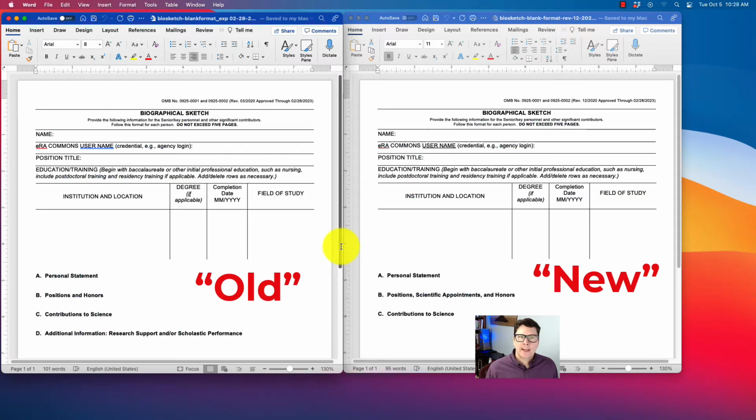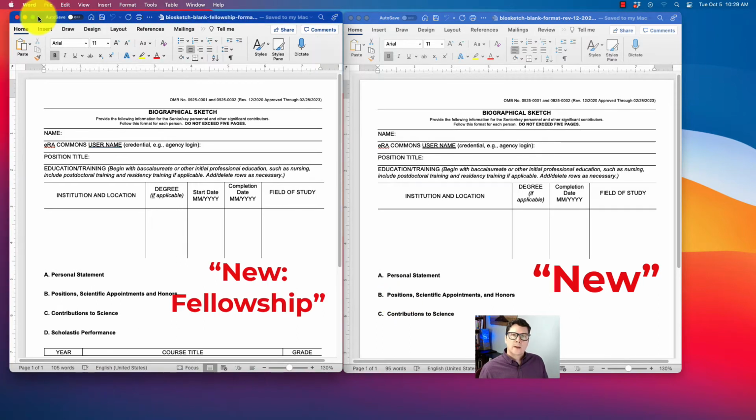So if we glance back at the overview of the old Biosketch and the new Biosketch, you can see they look mostly the same except for the number of sections that are here on the template and the name of Section B. All right, now let's compare the new version of the Fellowship Biosketch on the left with the non-Fellowship